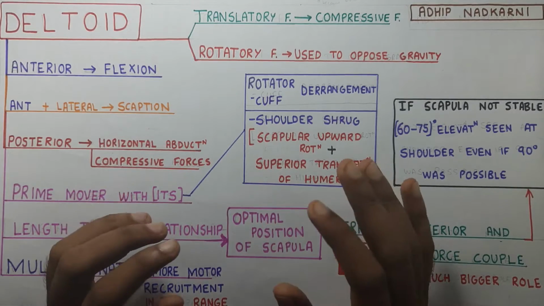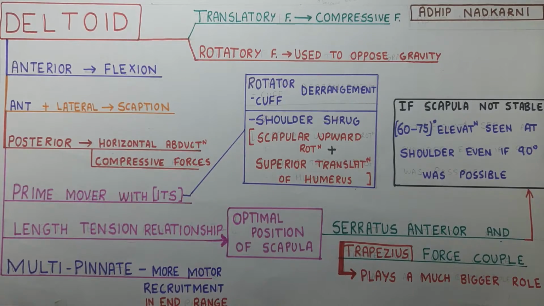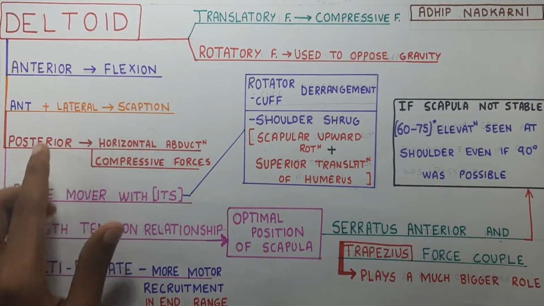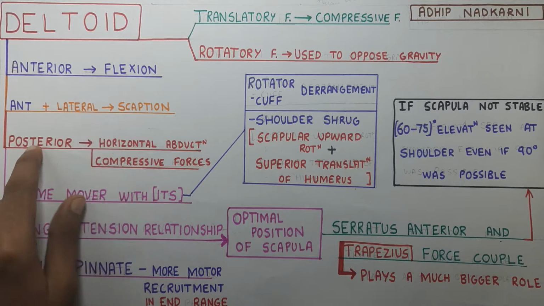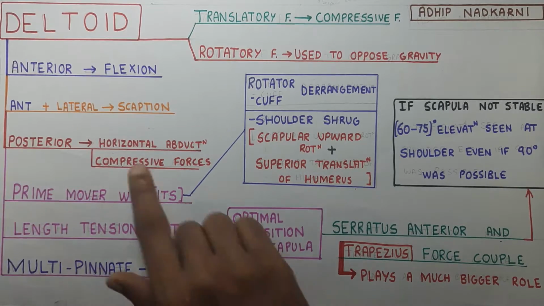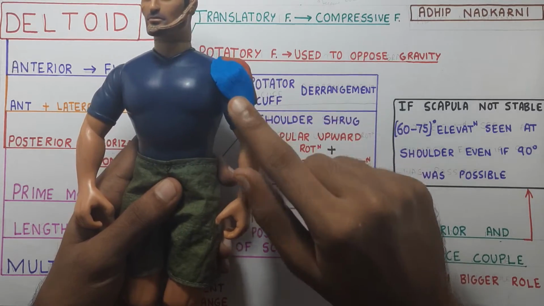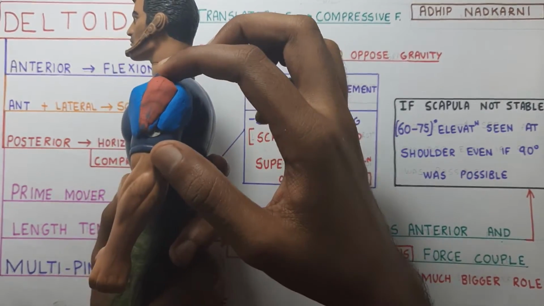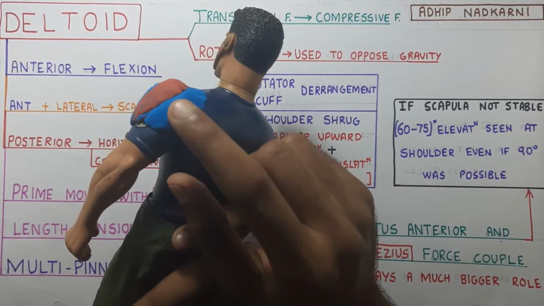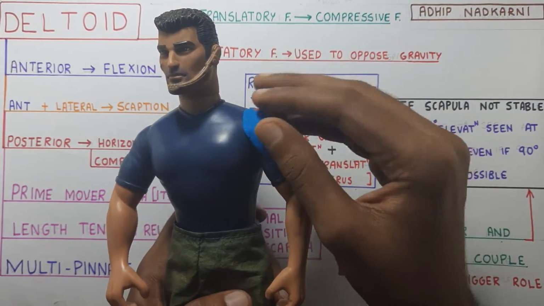As we always do with the other topics, first we will look at the function of the muscle. If you look at the deltoid muscle, it has three parts. There is the anterior part, then the lateral part and the posterior. Anterior is purple, lateral is orange and posterior is red. Let's look at these muscles on Joe. This is your anterior deltoid. Then this is your lateral deltoid or middle deltoid. And this is your posterior deltoid, right?